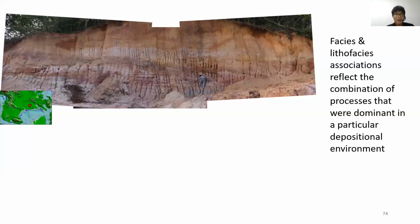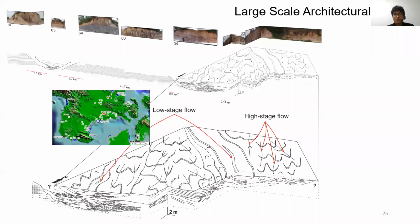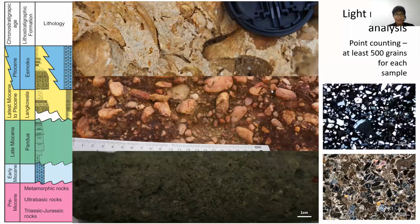And these are examples of what I did in the field. So for you students, I think this is a good thing that you can do when you are doing your mapping or fieldwork. And then I try to look at it on a bigger scale. After that, I can group them into different units. And this is the light mineral analysis that I did, and it also helped me to detect the stratigraphy. You can see there's a big change here from the serpentinite-rich unit to the quartz unit,